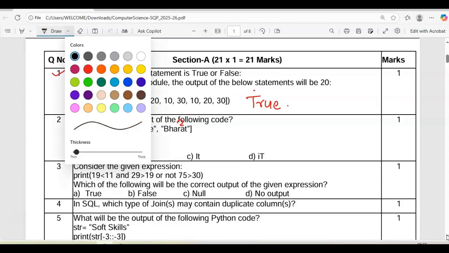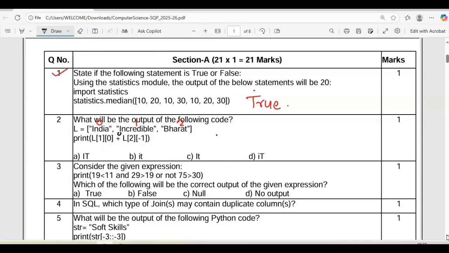So from L1 this is 0, this is 1, 2. So [1][0] is capital I. And then L2. L2 is Bharat, and -1 is the last character, which is T. So IT, I capital, T small. So option C is the correct answer.